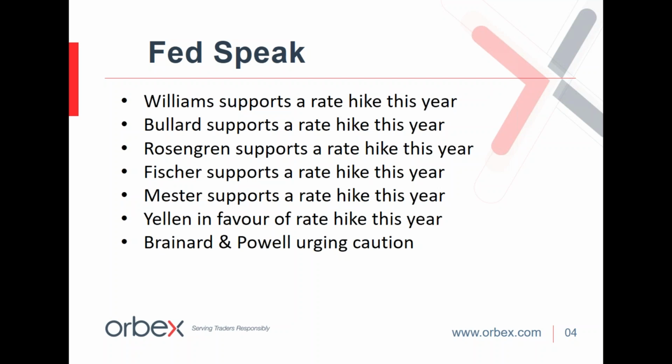Fed's Meister reiterated comments made by Fed's Rosengren, noting that if you inappropriately keep interest rates too low for too long, then you put yourself in a position of perhaps having to raise interest rates more strongly in the future, adding that she feels there is a compelling case for raising rates. And this is one of the main arguments that US hawks are using at the moment, which is that if they can raise rates now, then they afford themselves more optionality instead of leaving it too long and having to raise rates too acutely in future.